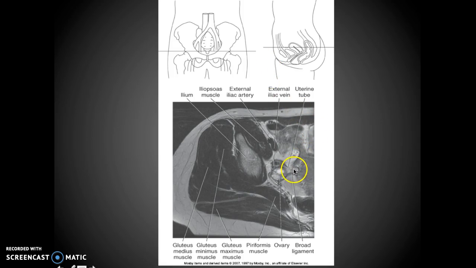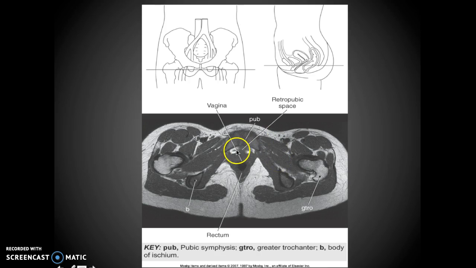So we have your fallopian tube with your ovary and your broad ligament right there, piriformis muscle, gluteus maximus, and right here is your gluteus medius with your gluteus minimus. This is your ilium, your iliopsoas muscle, your external iliac artery and vein, artery and vein right next to each other. So pubis symphysis. This is your retropubic space with your vaginal canal and your rectum, and here is your